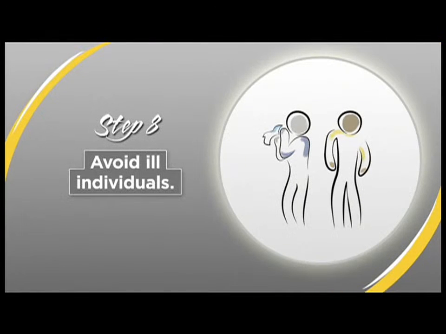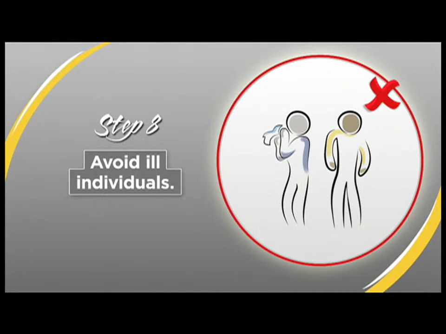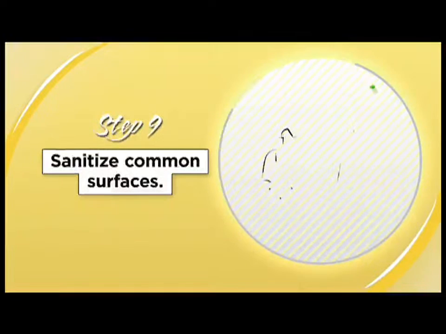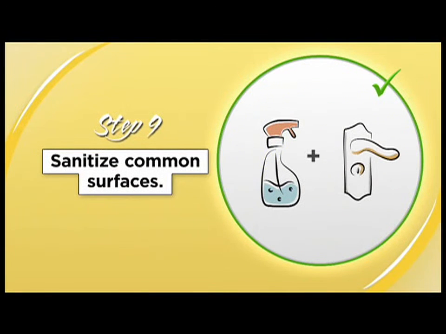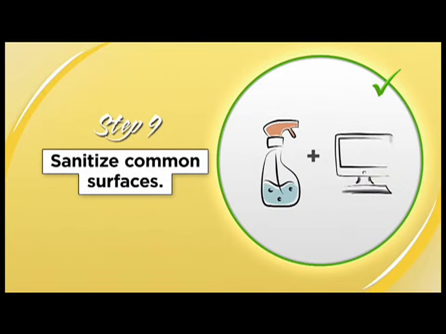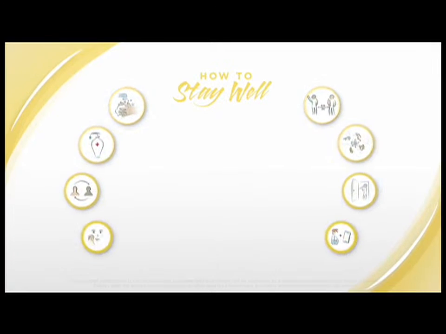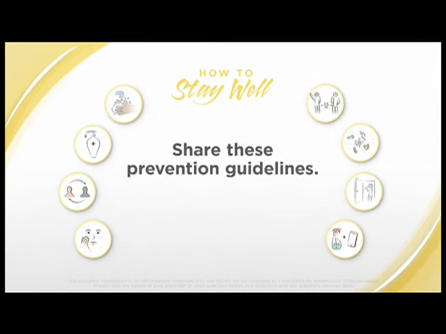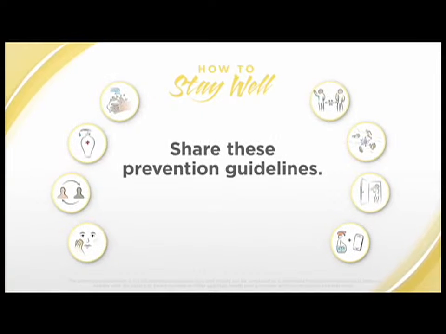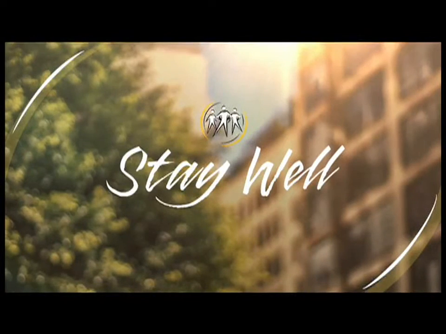Avoid contact with ill individuals and insist they isolate themselves until they have recovered and are symptom-free. Clean and sanitize frequently touched common surfaces and high-traffic areas in your home and workplace several times a day. Share these guidelines with others and help prevent the spread of illness and maintain a healthy environment. An ounce of prevention is worth